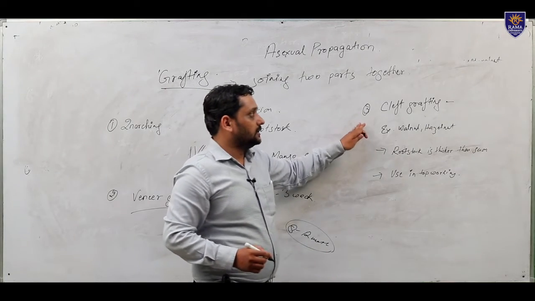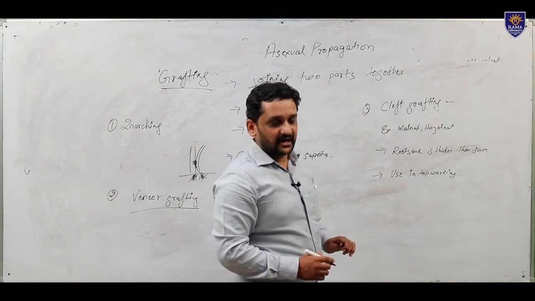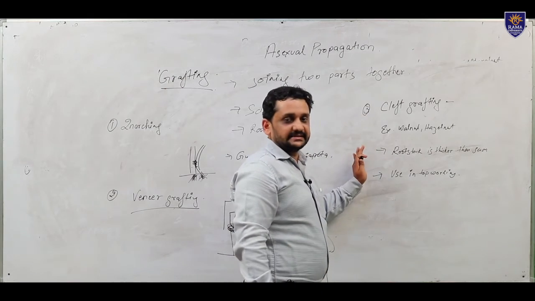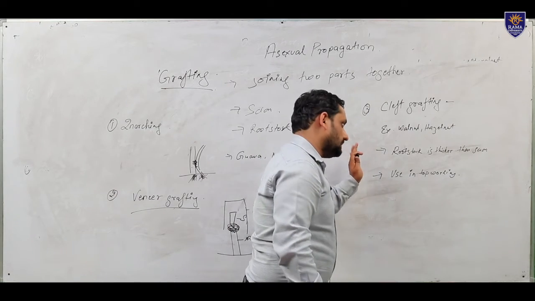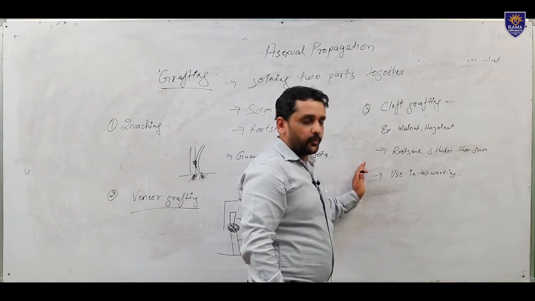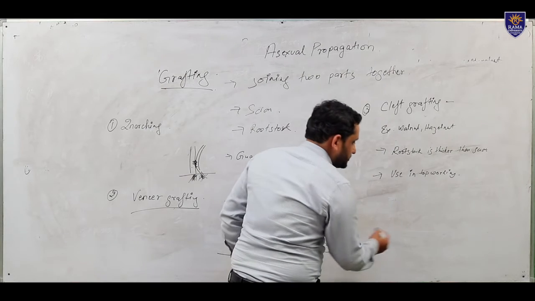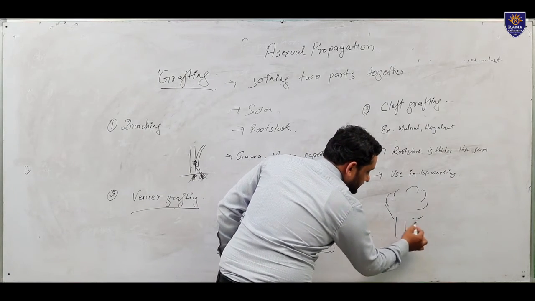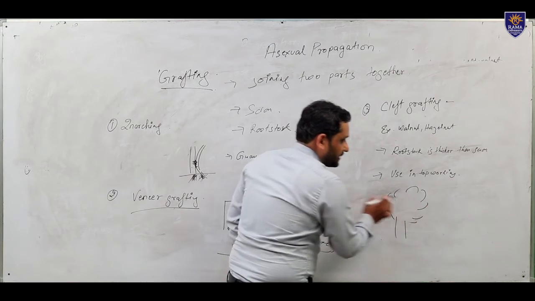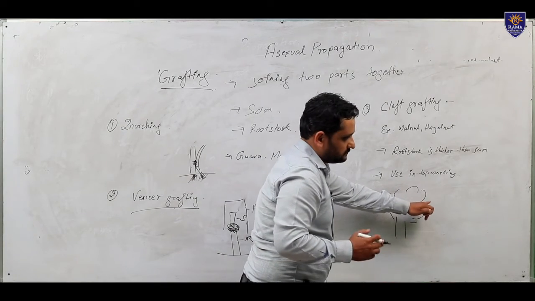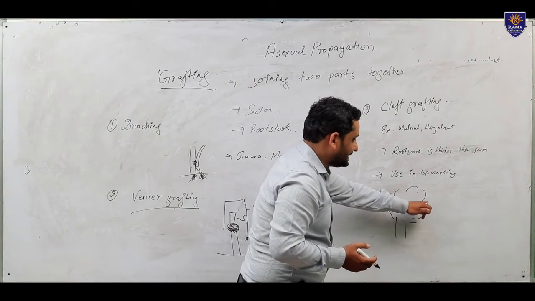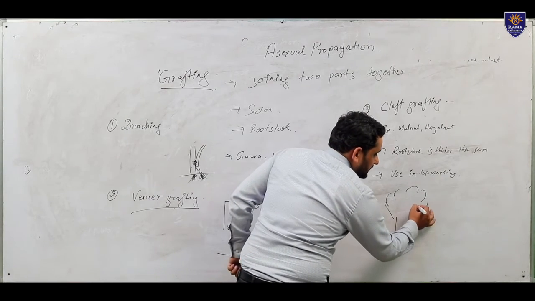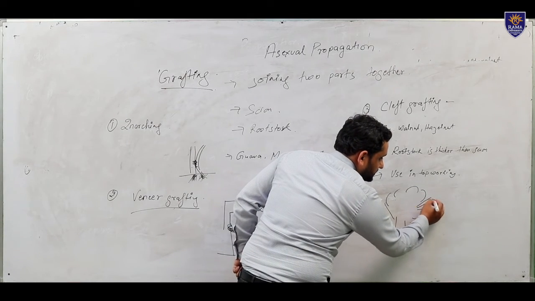Now the third type is the cleft grafting. In the cleft grafting, the rootstock is thicker than the scion, and it is done in top working. First of all, we should understand what is top working. For example, this is a tree, and one of its branches has been diseased, or it is affected with the pest. So we will take that branch, and we will